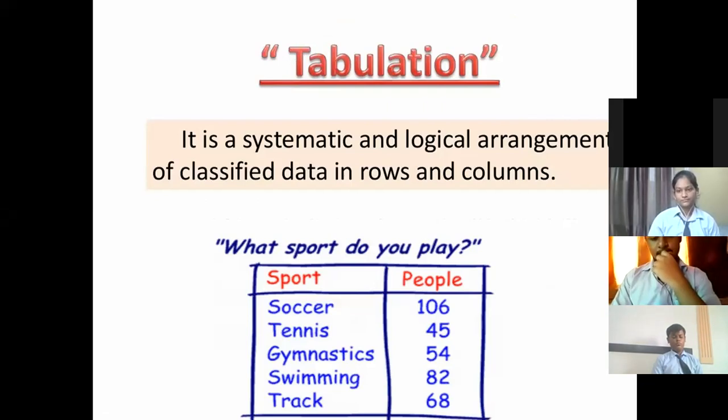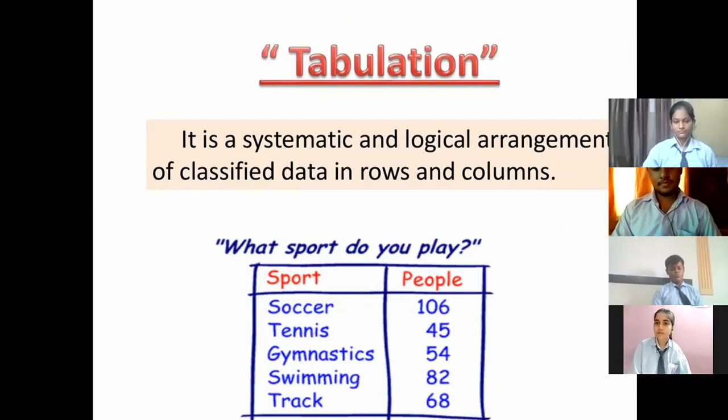So the first is the tabular presentation, or which we call tabulation. It is a systematic and logical arrangement of classified data in rows and columns. रॉज में कॉलम्स में जब डाटा को टेबल की फॉर्म में प्रेजेंट किया जाता है, it is known as tabulation. For example, you all know that we make the tabulation of your marks. We make the tabulation of your result, which we make as the result sheet in Excel. That is also the tabulation of data, where with the use of different rows and columns, we are presenting the data.